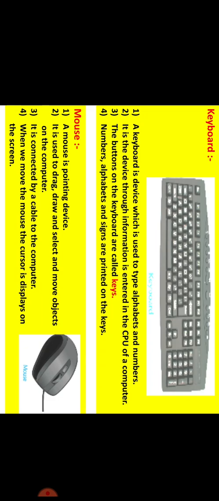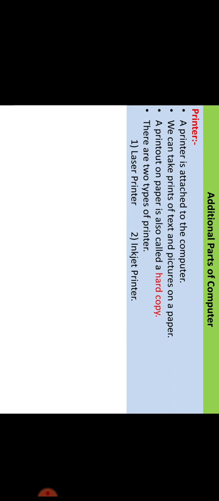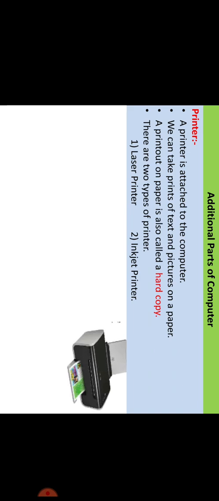Very good. Now next, additional parts of computer. Which are the additional parts? See. A printer. A printer is attached to the computer. This picture is called a printer. A printer is attached to the computer. Where is the printer attached? That printer is attached to the computer. Why is this printer